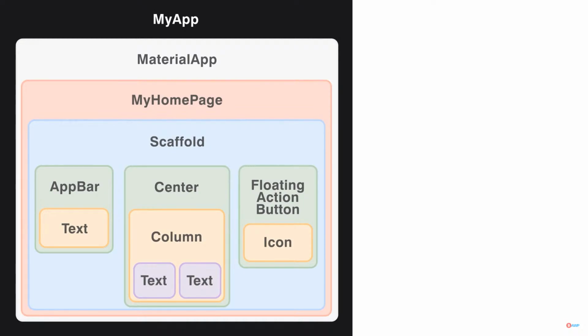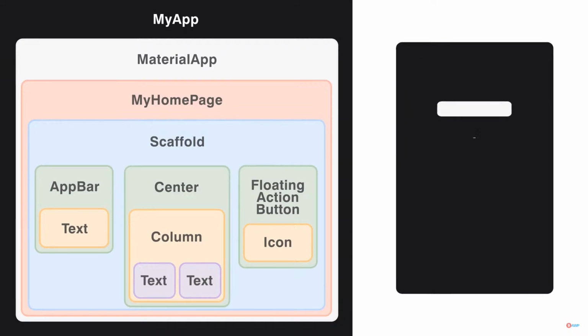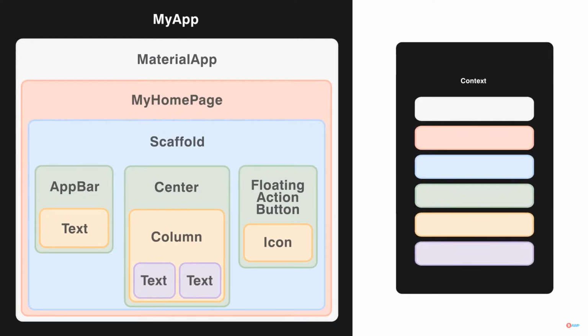So the idea here is that at each level, if we look at all these colors, okay, all of these are indeed the context. So in this case, for instance, if we go down, we see the column. In fact, inside of the scaffold, right, we have that bluish color. That means that's the parent context, which knows all about the scaffold. So when we want to add an app bar, we have to pass, in this case, some sort of a different context within it. So app bar is added, right? So it's inside of a scaffold, which is inside of my home page, which is inside the material app. Okay? Inside of app bar, we have this